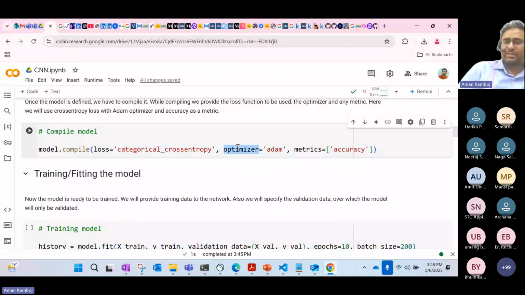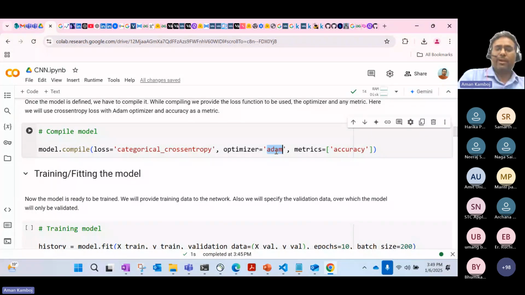Optimizer: there are so many optimizers, stochastic gradient descent, Adam, and many others. What is the use of this optimizer? Why are we going to use this? You might have heard during these sessions in this talk the term optimizer. So what is the need of this optimizer? It will fine tune the parameters. The optimizer will basically help us optimize the weights of those filters,